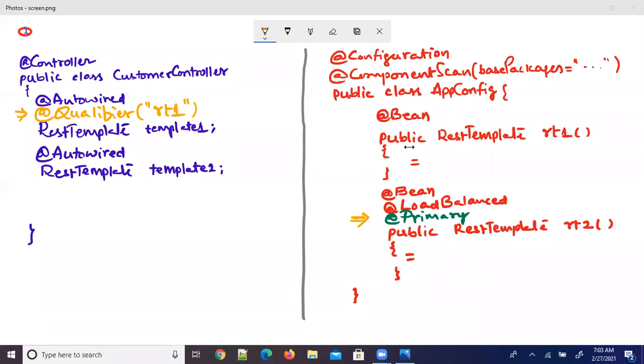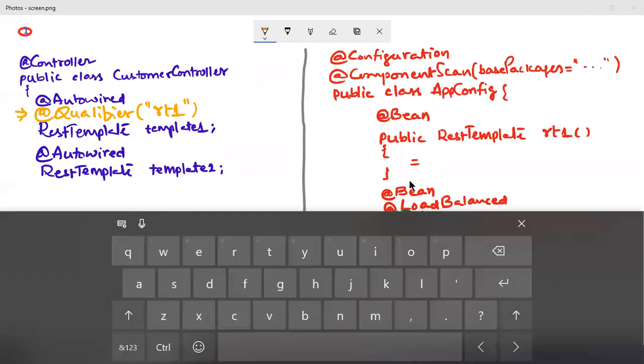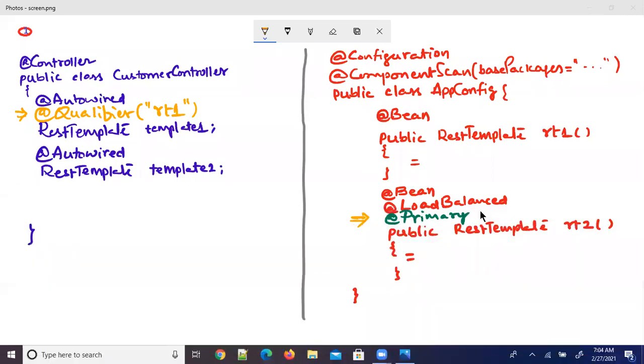Right. Both annotations, @Primary and @Qualifier, I would like to cover at one time. So you got the difference between primary and qualifier.